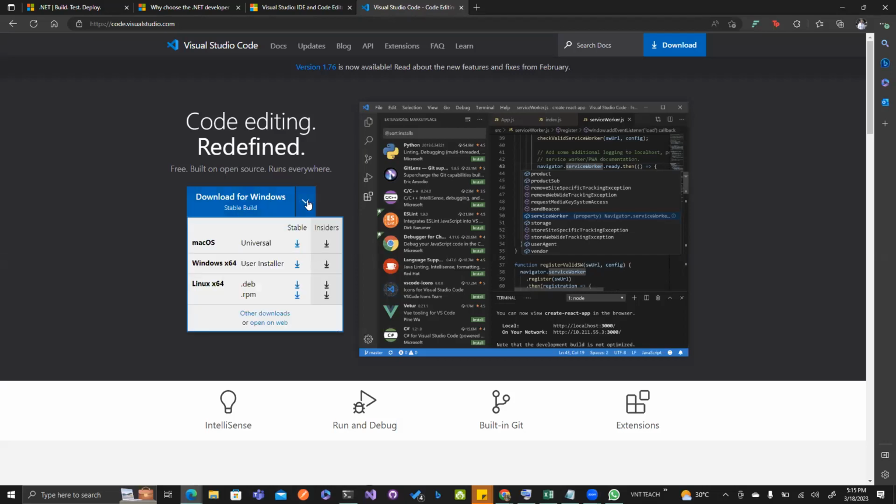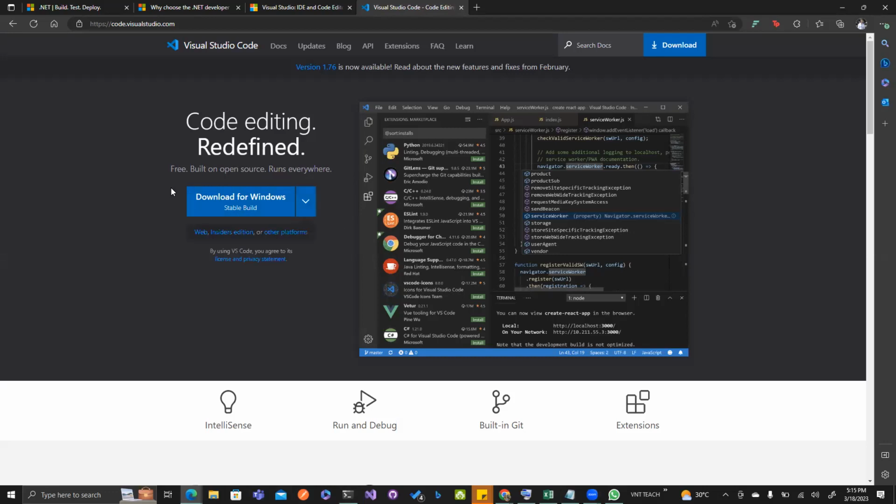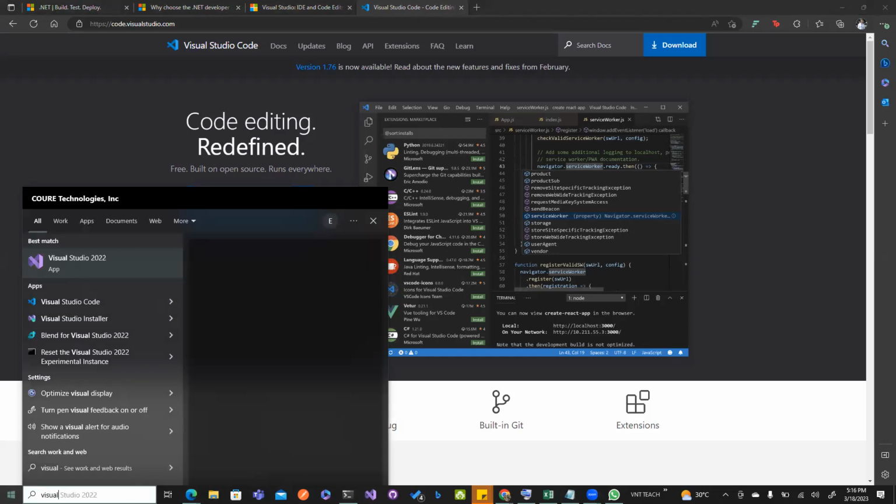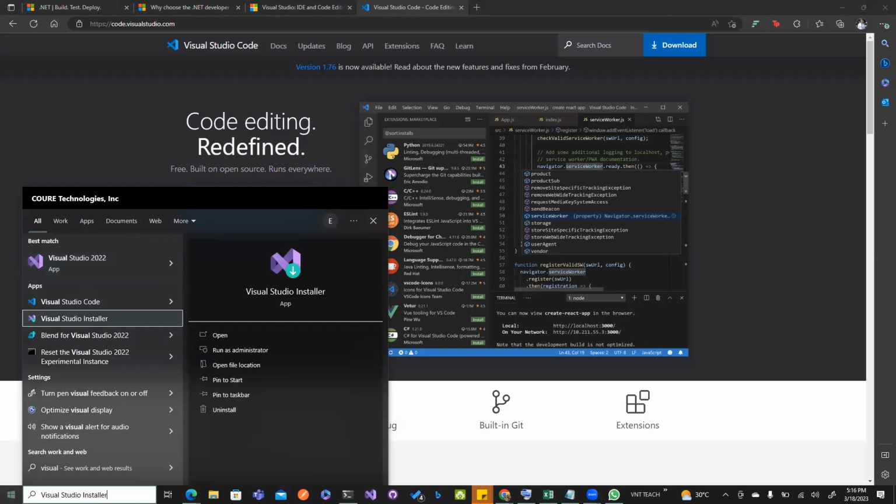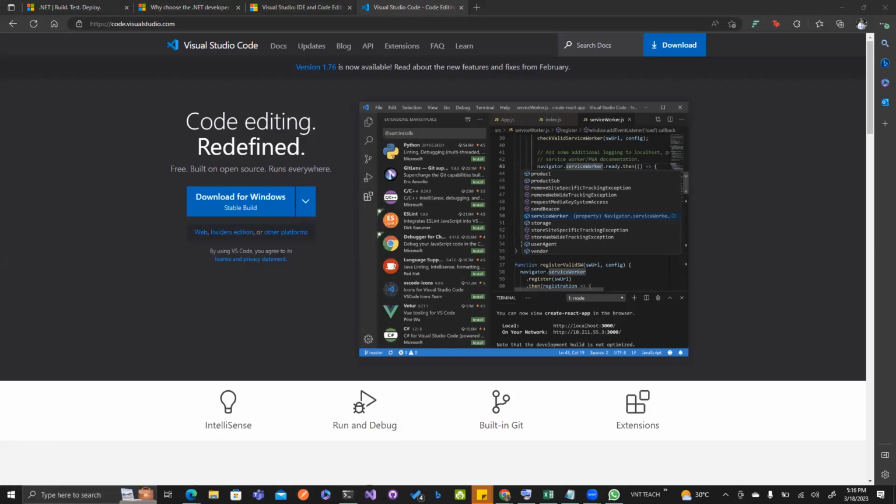So whether you're using macOS, Windows, or Linux, whichever system you're on, you can get those editors from here. All you need to do once it's downloaded is install it on your PC following the prompts, right? So it's not that difficult. The only one that is a bit technical is Visual Studio, so I'm going to show you what happens when you get Visual Studio on your PC.